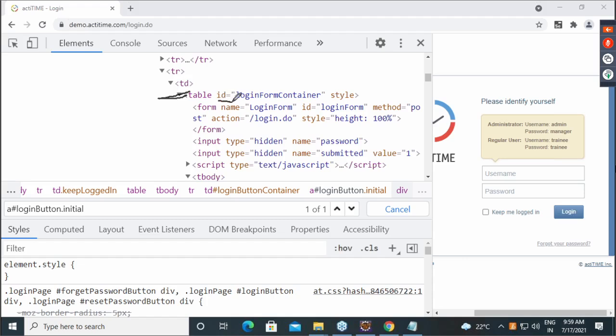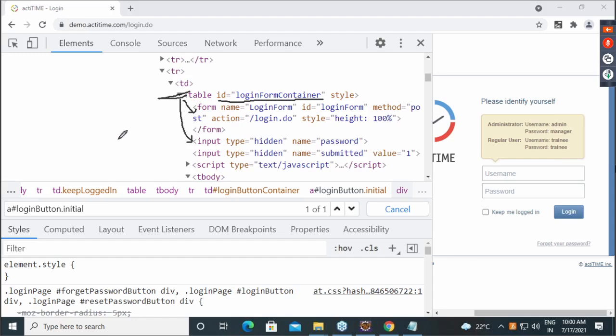And the table has this ID. Let's assume I am there. Now, what is the relation between table and form, or input? Parent and child. Who is the parent of form? Table. So let's say from table, I want to come to form or to input.